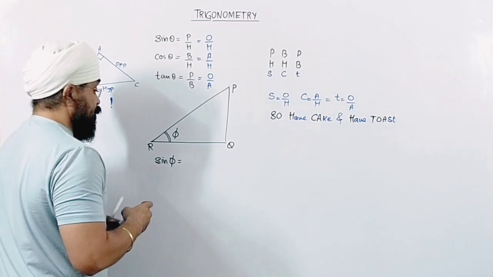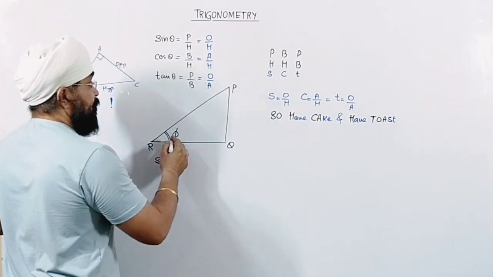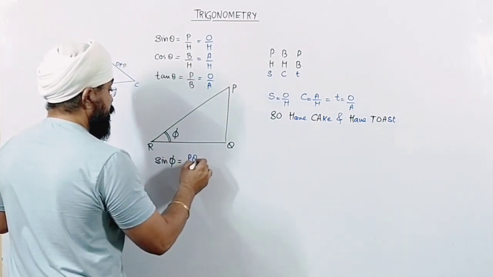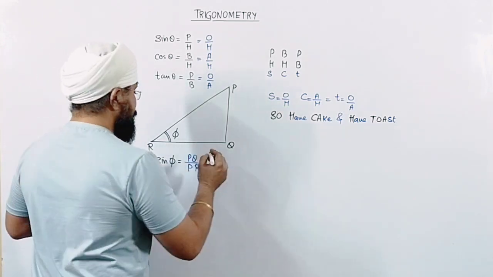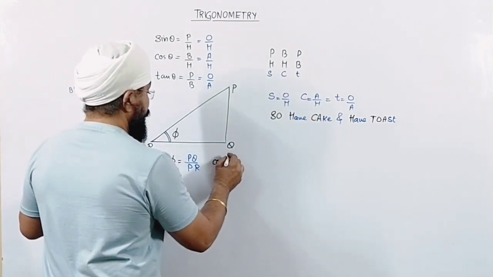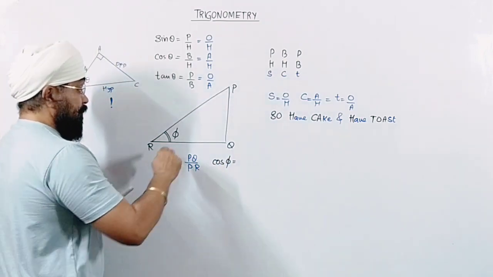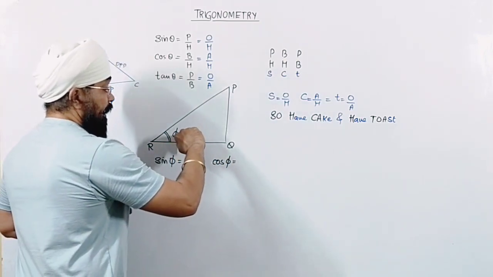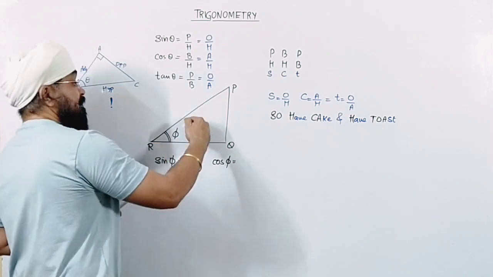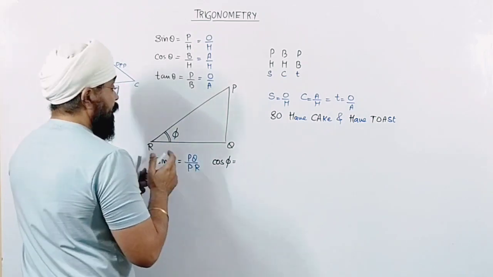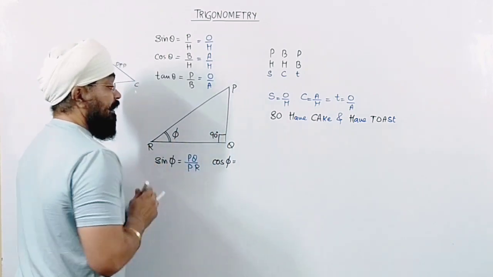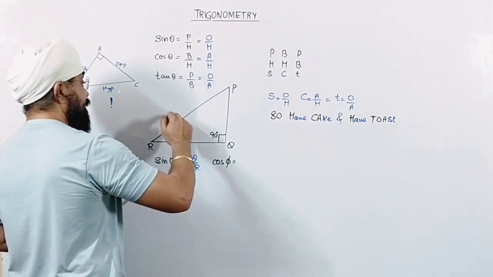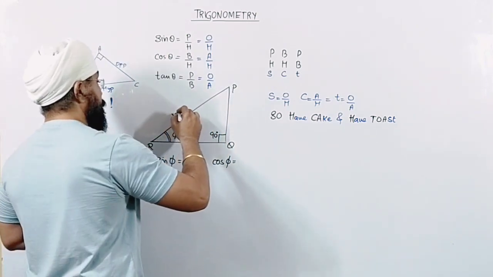Now for the time being, I am just putting this one. What is sine phi? Sine phi is the opposite, PQ, upon hypotenuse, PR. Clear? In the same way, if I ask you about cos phi, it means adjacent to this, which is the side just adjacent, because this side is known as hypotenuse. Why? Because this angle is 90 degree. When one of the angles is given to you as 90 degree, the one thing that is confirmed is that this is the hypotenuse.